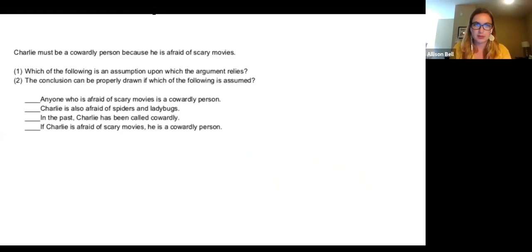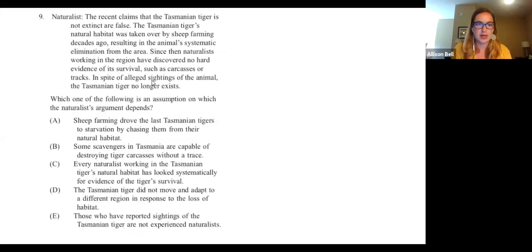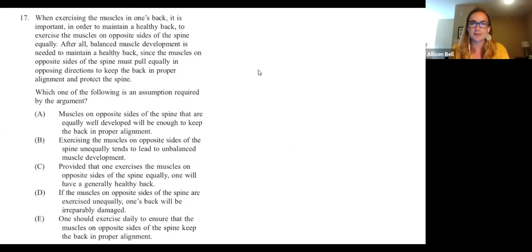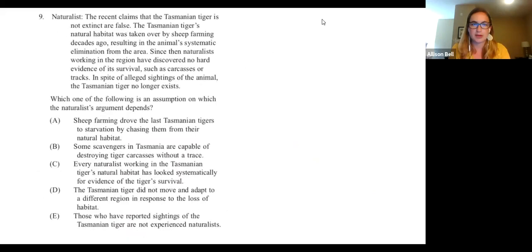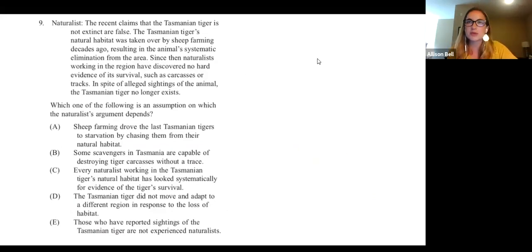All right, so let's take a look at what this is like on the actual LSAT. I'm going to have you start with this question. So if you're new to the LSAT, for logical reasoning, the average amount of time that you're going to have to spend on a question is about 1 minute and 20 seconds. So you have somewhere between like 25, 26 questions to do in 35 minutes. And so that works out to be 1 minute and 20 seconds.